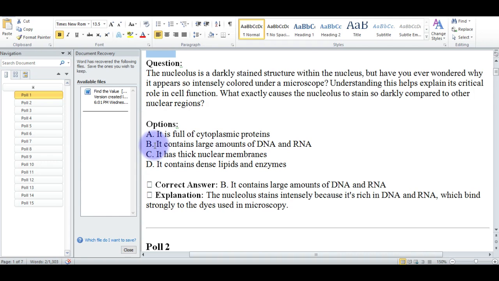The correct answer is B, which contains the large amount of DNA and RNA. I have earlier explained that the reason why it is dense and so dark in its color is because it's stained with the dyes which are being used under the microscope. So it is very rich in RNA and DNA. That's the reason why, when it is used under an electron microscope to determine if that area is the nucleolus,